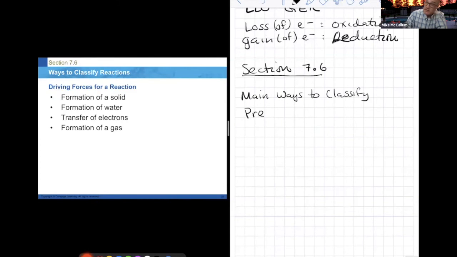Precipitation, that's formation of a solid. Acid base, that's formation of water, acid base reactions. Transfer of electrons is a redox or oxidation reduction reaction. Formation of a gas,